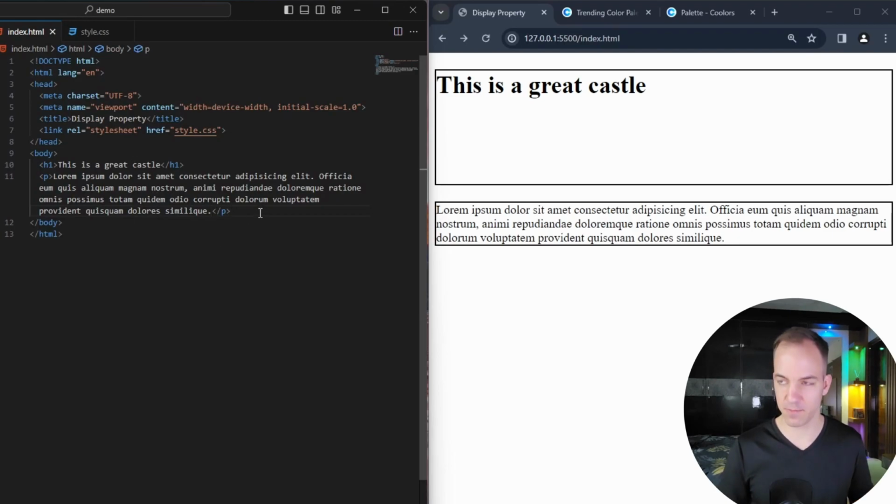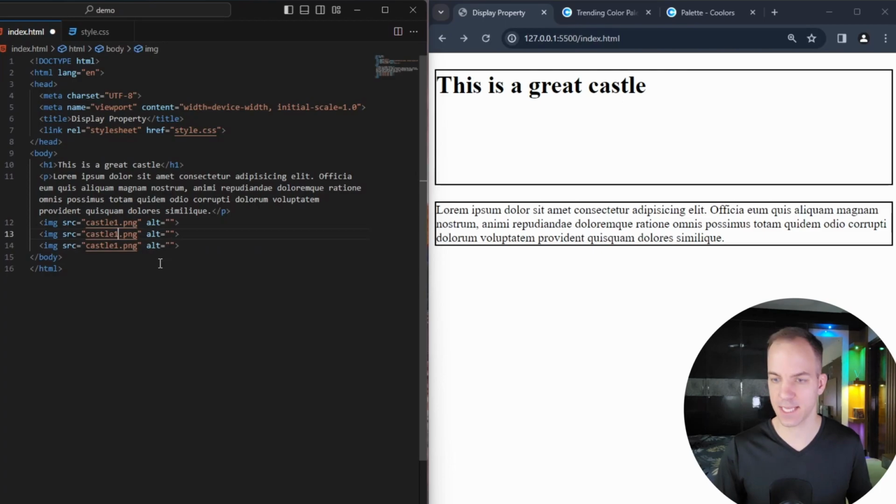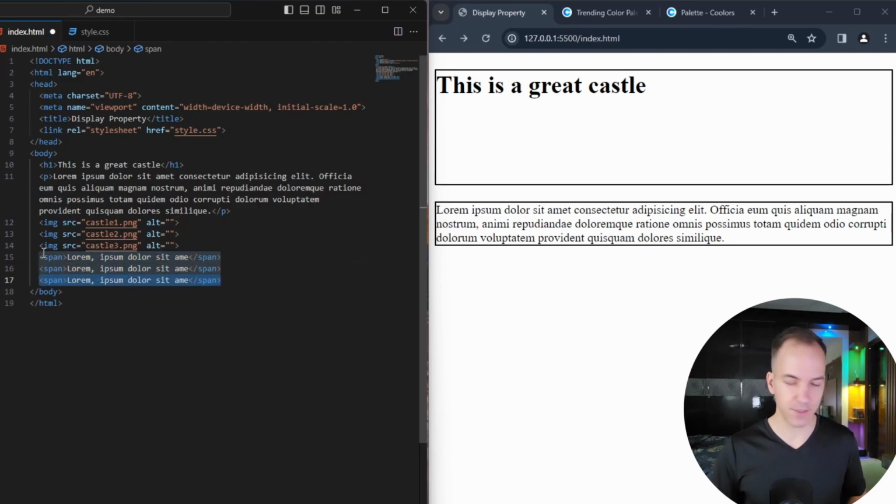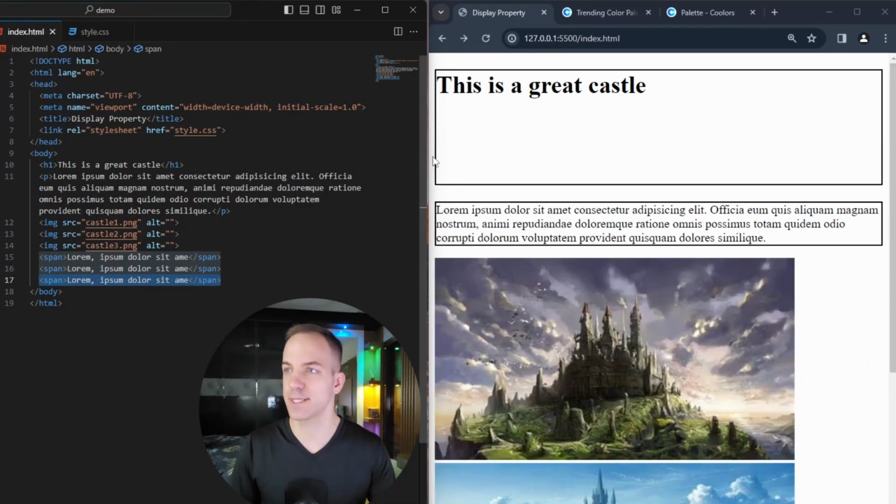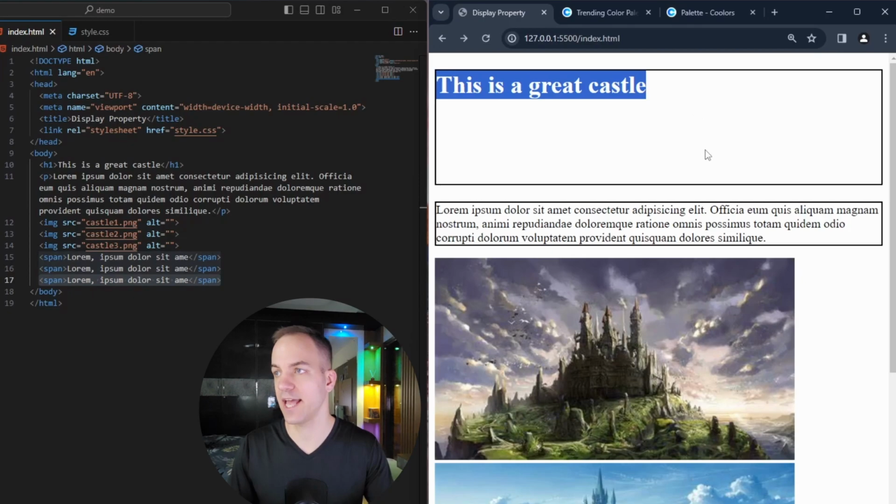Now, if I were to come down below this and add an image tag, and in this image, I want to say castle 1. Let's duplicate that line 2 more times, and I can say castle 2 and castle 3. And then down here, below that image, we'll add some span text. And in here, we'll just say lorem, not even 10, maybe like that. Now, if I copy that, paste it down 2 lines below, and then reload this,